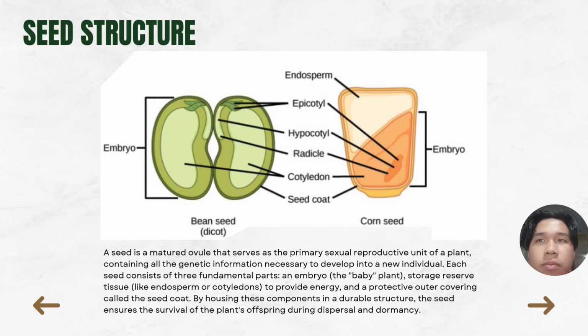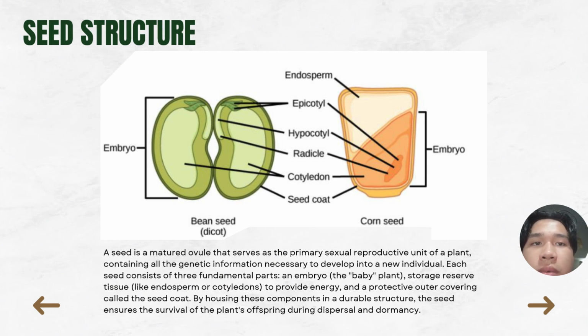In this page, I will explain the seed structure. A seed is a mature ovule that serves as the primary sexual reproductive unit of a plant, containing all the genetic information necessary to develop into a new individual. Each seed consists of three fundamental parts: an embryo, storage reserve tissue to provide energy, and a protective outer covering called the seed coat. By housing these components in a durable structure, the seed ensures the survival of the plant upstream during the